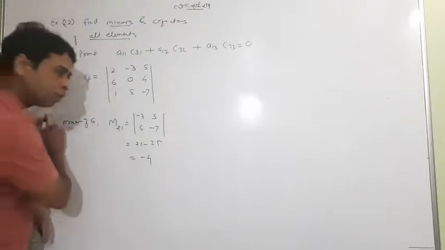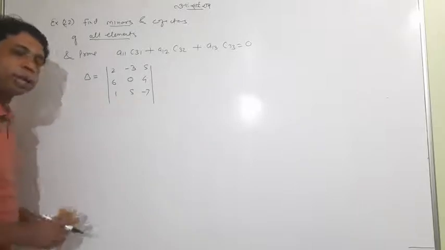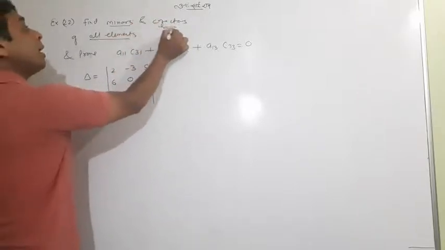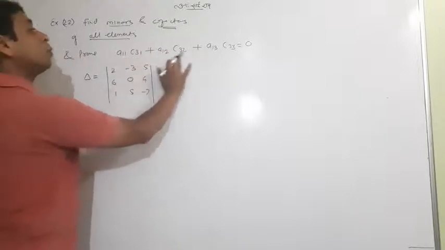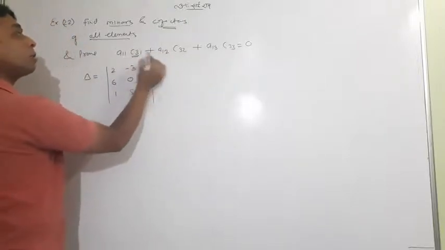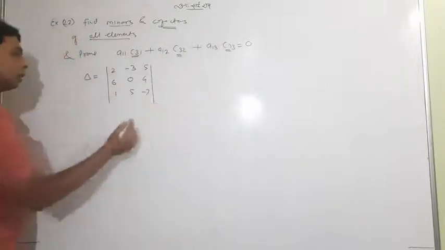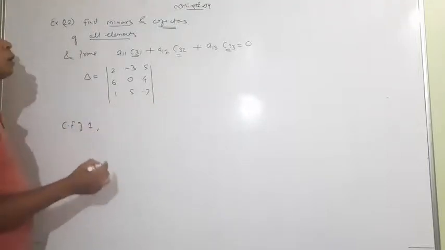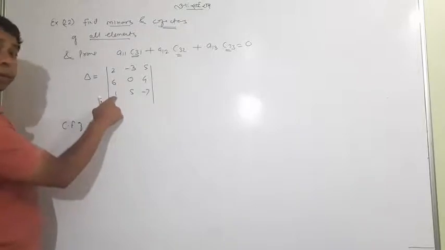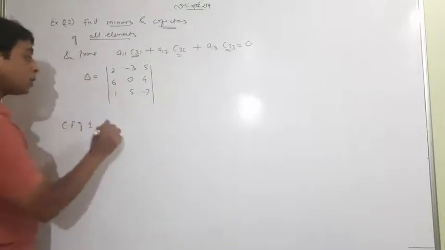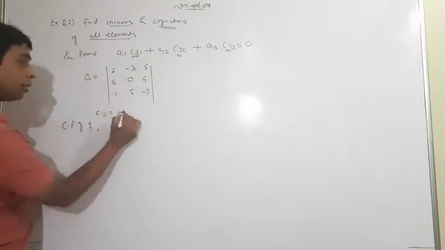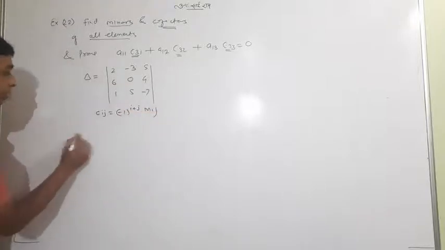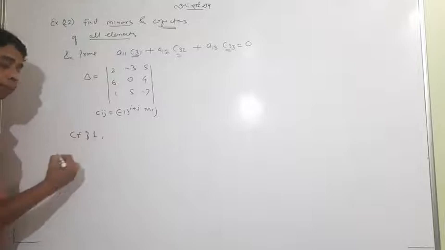Sorry for this, but I'm not making you do it all. Now I'm telling you cofactors, because this question asks about cofactors, so I'm using only these 3 cofactors for you. I ask you one thing: what is the cofactor of 1? Quick, tell me. Before starting, use the formula Cij = (-1)^(i+j) Mij. And tell me the cofactor of 1.